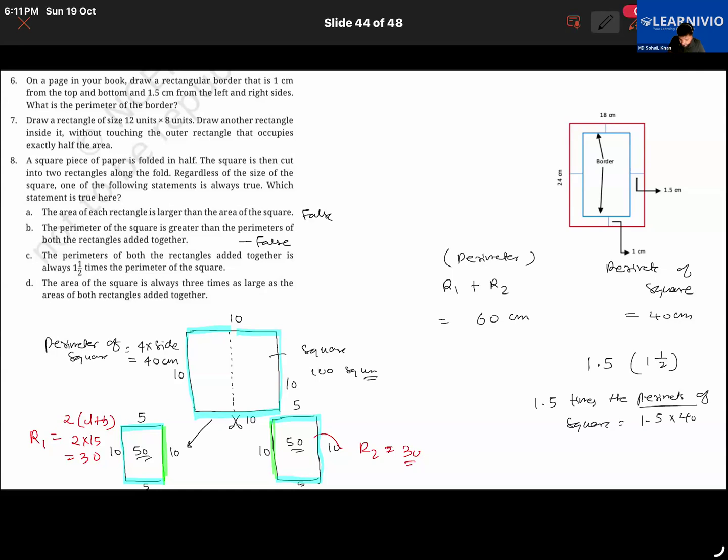The perimeter of a square is 40, so 1.5 multiplied by 40 is going to be 60, right? So clearly we can see that 1.5 times the perimeter of the square is equal to 60